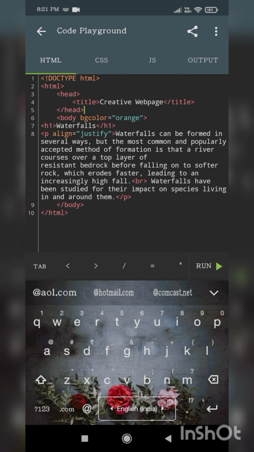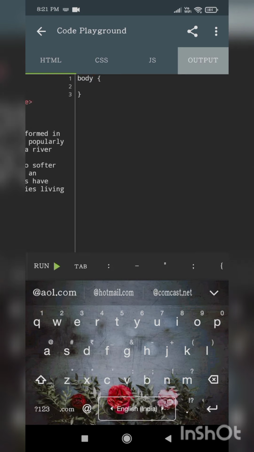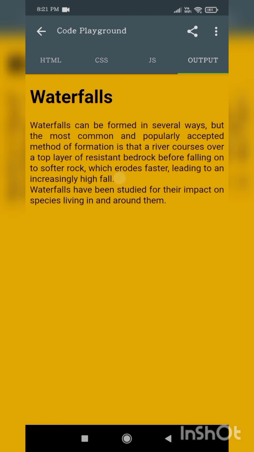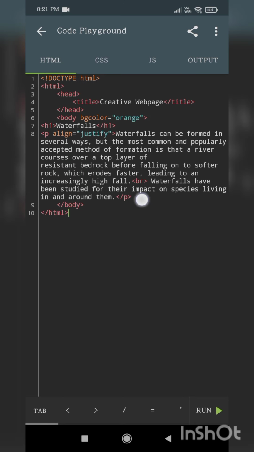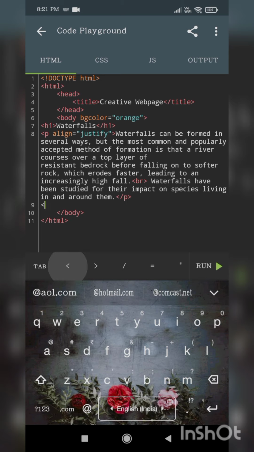Okay, maybe if you missed that video, watch it once; I'll place it in the description box. Background color is completed and the break tag is also completed. What is the next one, my dear friends? It is the HR tag. Now I'll explain the HR tag.